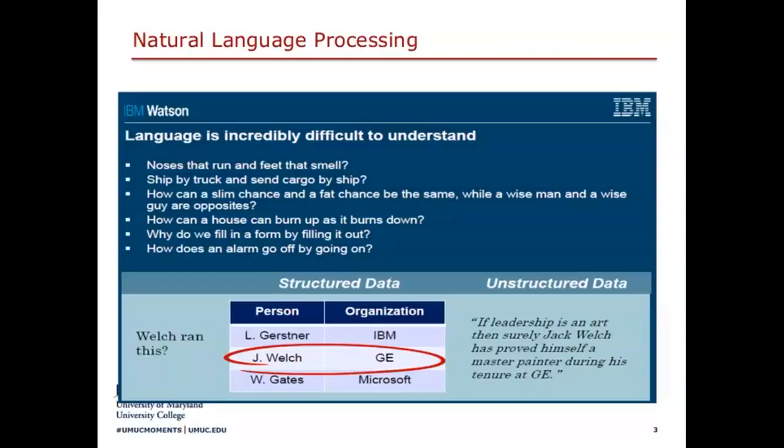What we are doing today in the big data analytics class is trying to orient heavily to what businesses are looking for. The big chunk of information they have is not in a structured way, which is presented here in the structured table, which has a column of person and organization, and you can easily identify that Welch runs the organization, which is GE.